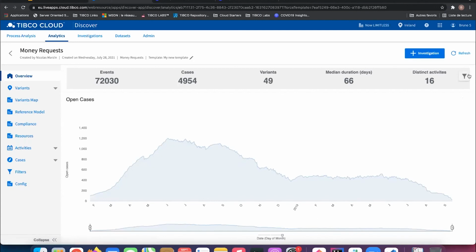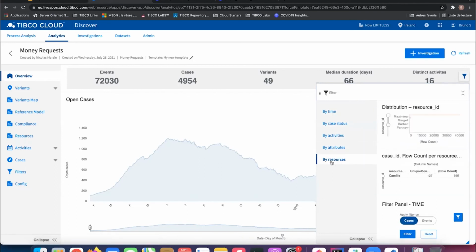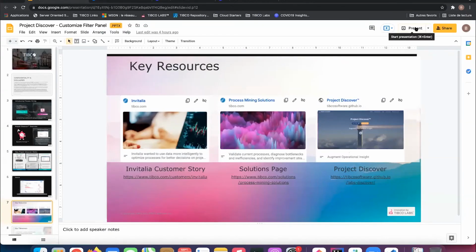And now it's done. And we can verify in the filter overlay that we have this new page, the one that we added in the configuration wizard. And we have also the visualizations that we just created directly in Spotfire. And now you can select some data in this visualization, see the details in this detailed visualization, and finally you can also filter the data on your selection. And that's it for the demo. So I'm going to switch back to the slide deck